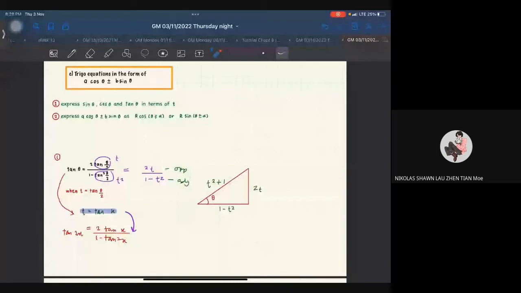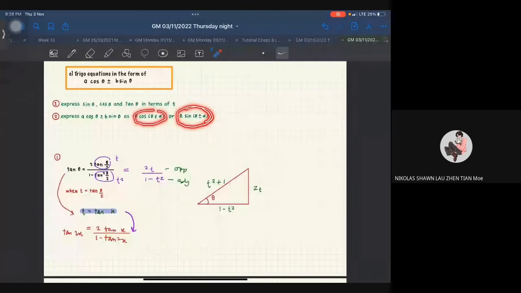The second method is by, okay, so it depends. Dekat soalan, biasanya soalan memang akan mention dekat awak dia nak awak guna apa. Unless kalau soalan tak bagi tahu, yang tu